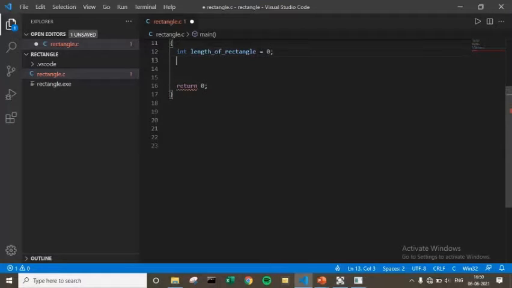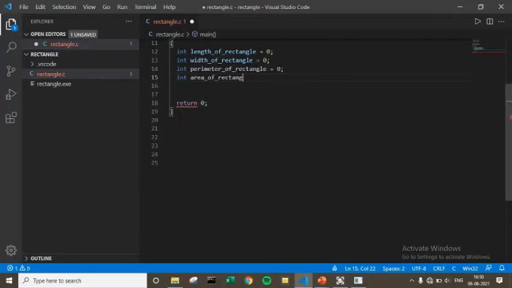Is equal to 0. Int width of rectangle, one for width, is equal to 0. Int perimeter of rectangle is equal to 0, and int area of rectangle is equal to 0.